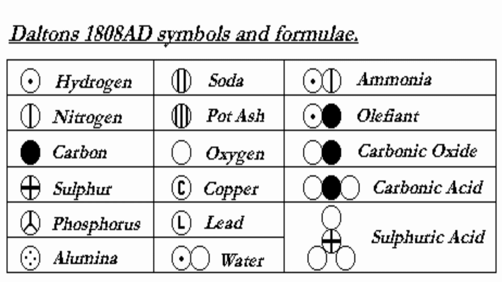One more example: for nitrogen he was representing a circle with one vertical bar in the circle. So for ammonia, his notation was hydrogen, a circle and dot, and nitrogen, a circle and bar. So NH was the understanding of Dalton for ammonia.